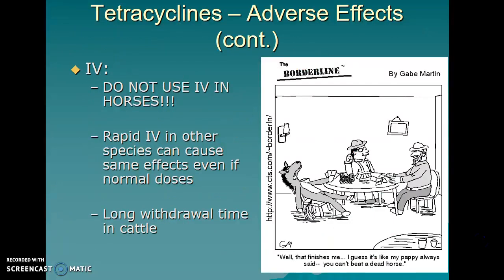We do need to be careful with IV administration of these drugs. In horses, we do not give IV tetracyclines. It can cause arrhythmias and collapse and death. If we give them rapidly IV in other species, we can get some of the same effects. We can get low heart rate, low blood pressure, but horses seem to be very susceptible to arrhythmias. So I would caution anybody giving them IV. And with cattle, we have a long withdrawal time, so we need to tell producers about that when we're giving